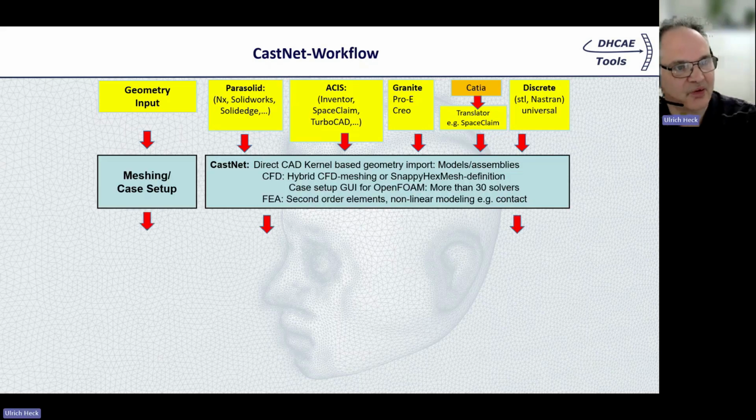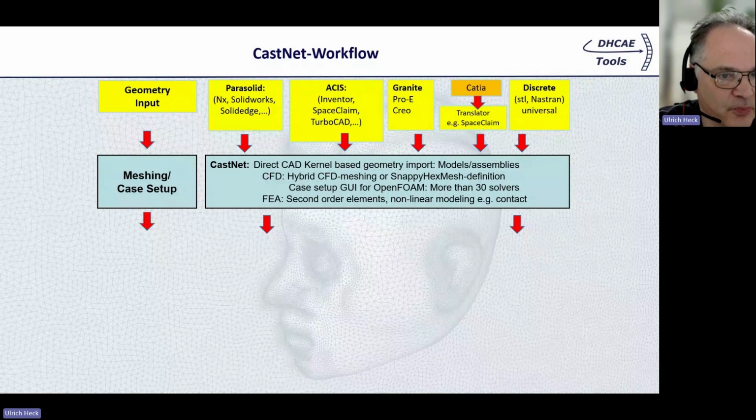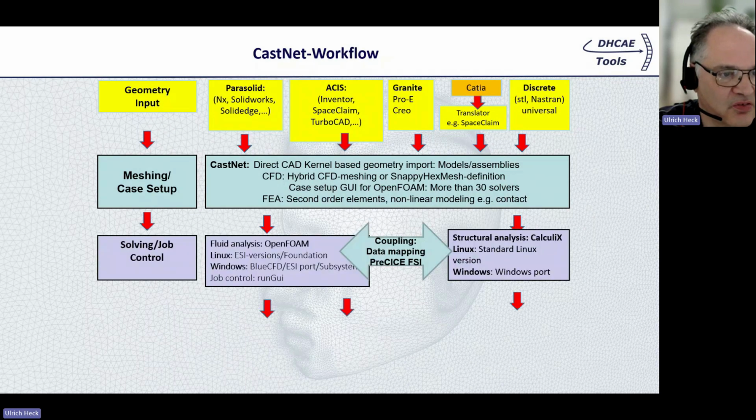With these CAD kernel-based models, we always get a high quality CAD import, because we don't have to use translators, for example, for IGES or other files. We go into our GUI, where we can use hybrid meshing or snappyHexMesh. I will also show this later in more detail. From here, we do the meshing and define the OpenFOAM settings. And after this, we can export the case to